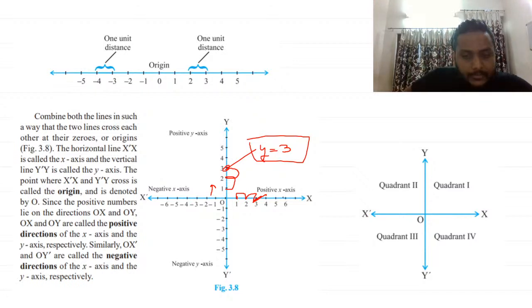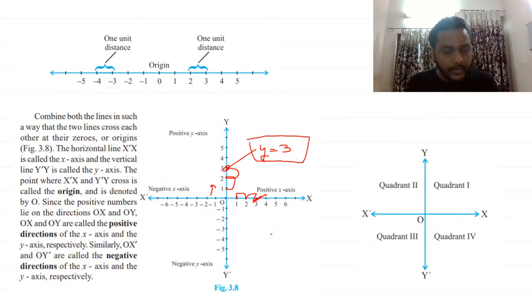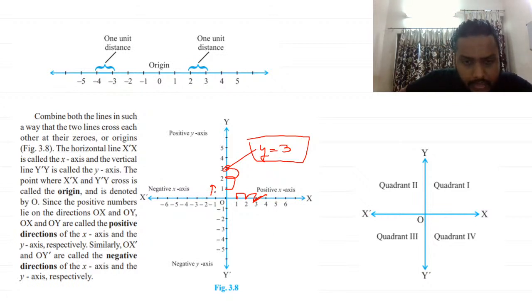Now if I'm talking about x equal to -5, which means I'm saying x equal to -5, it means I have to go -5 in the direction of x. Now when your x is negative, you go to the right side of origin or the left side of origin? Whenever your x is negative, you will always go towards the left side of your origin, yes or no? So you will be moving to the left side, and because your x is -5, you will count it in this way: